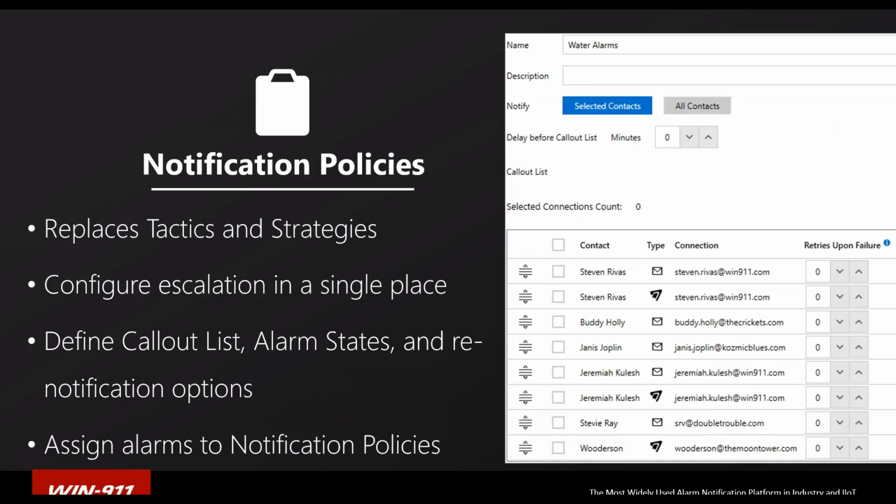Next is notification policies. Over the last couple of years, we've repeatedly heard that tactics and strategies were too complicated. And I agree. When we would introduce tactics to a user, we'd have to tell them that a tactic is a call out list. So we knew it wasn't a good sign when the name that we had given something wasn't immediately apparent what it does. So we've removed the tactics and strategies from WIN-911 and replaced them with a single object that we